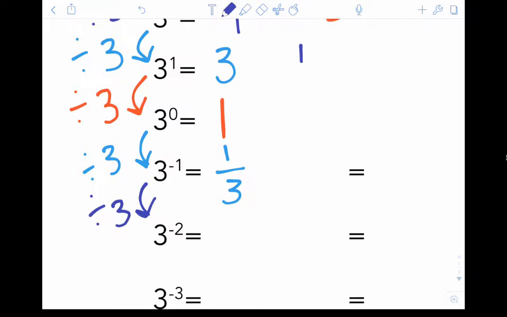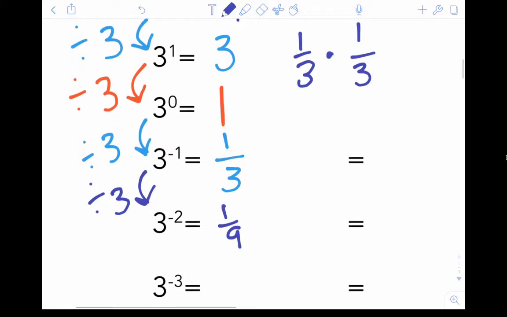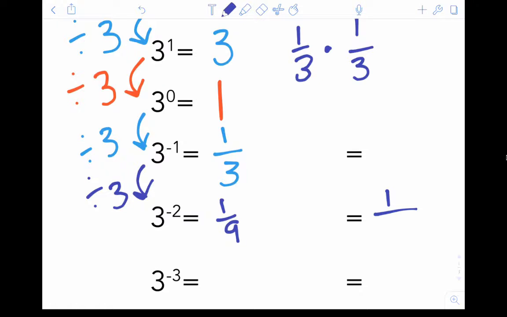divided by 3, I'm dividing fractions, so I need to write this as 3 over 1. I'm going to keep, change, and then flip. And so I see that this is equal to 1/9. Well, one thing I want to notice is that 9 is 3 squared, so 1/9 is 1 over 3 squared. Notice this, 3 to the negative second is equal to 1 over 3 to the second. So that negative exponent made 3 to the second move down to the basement, move down to the denominator, and